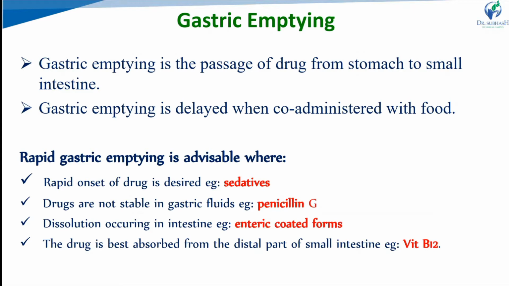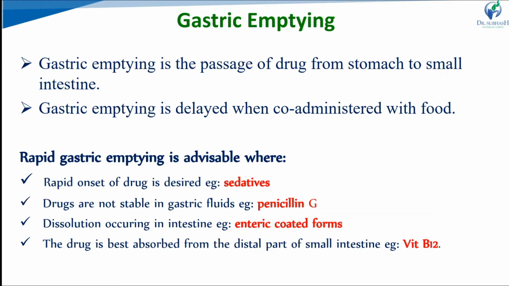The major functional components of the GI tract are the stomach, small intestine, and large intestine. In the small intestine, we have the duodenum, jejunum, and ileum. The large intestine has the colon parts. They differ from each other on the basis of their anatomy, function, secretion process, and pH. So pH also changes from the stomach to the large intestine throughout the GI tract. The first factor among the patient-related factors affecting drug absorption is gastric emptying.